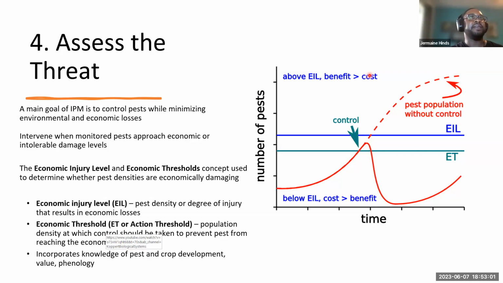damage, because background processes are taking place. Plants are growing, they could compensate for damage. You have natural enemies in the background that are keeping that economic threshold higher. And then as you're monitoring pest insects over the course of the growing season, if you see those numbers rising, and this is something you could